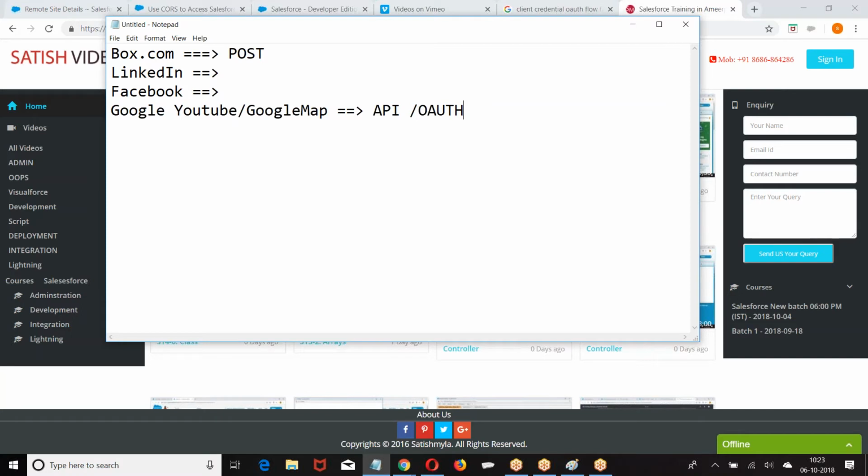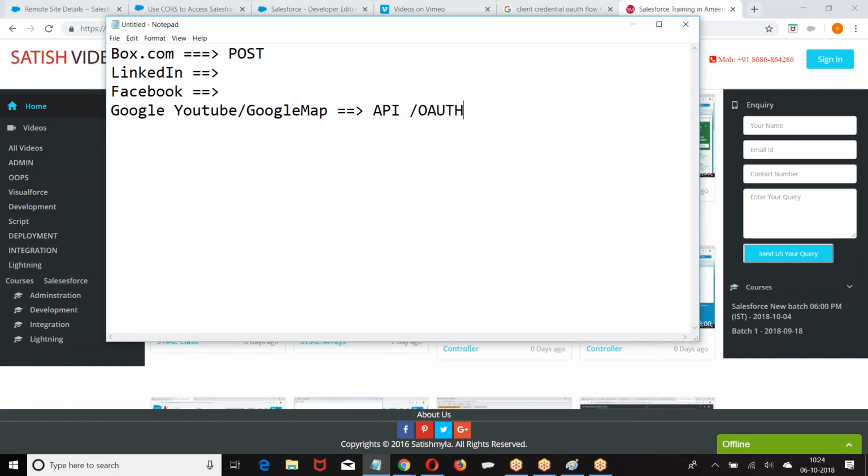So make a request based on the current location, tracking your geolocation. Based on your geolocation, send a request to the server. Otherwise, based on your address, send a request to Google Maps, find out the location, get the location credentials and put it here. So these examples we are going to do in the next step. To do these examples, we require the authentication process which we have learned in today's session. There they require client credentials, username, password, code format. Different systems use different authentication. I hope you have followed the authentication procedure.